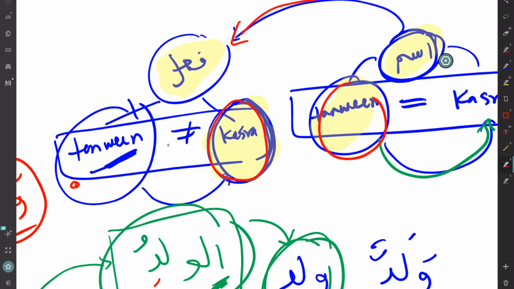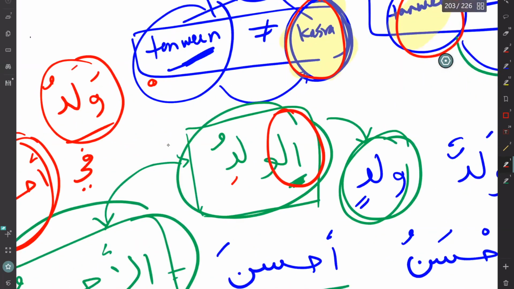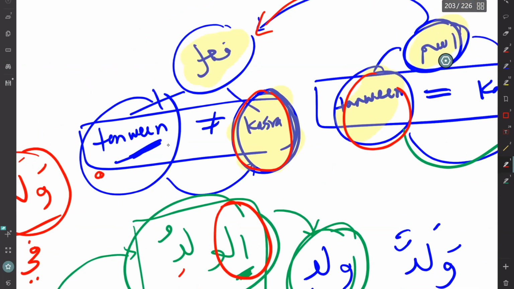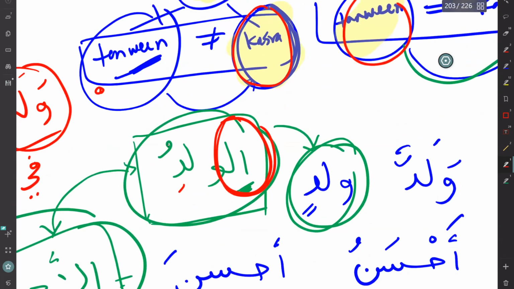Then when you have alif lam, they will say, okay, in the first case, you are a noun, then now you resemble a verb. So you become like a verb, so you don't get a kasra. But when you add alif lam, now you resemble the noun again. That means the alif lam only comes in what? In ism. When I'm saying noun, I mean ism. So when you have alif lam, then now you resemble ism way too much more. You're going back to the ism. So this is another way of looking at it.